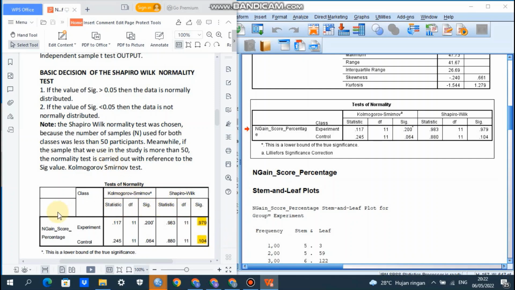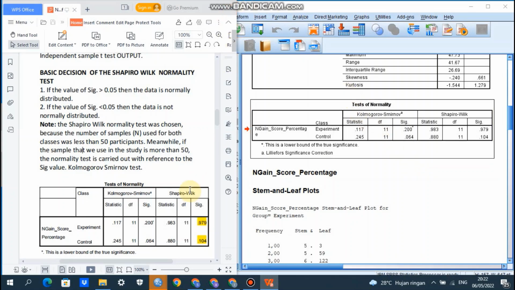So it is exactly the same: experiment class test of normality result 0.979, it is more than 0.05, and for the control class 0.104, it is also more than 0.05, so we can conclude that the data distribute normally. Okay, let's go to next.